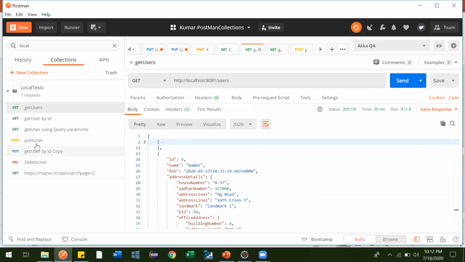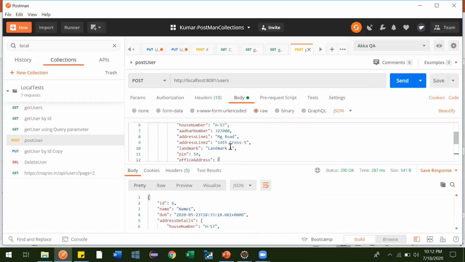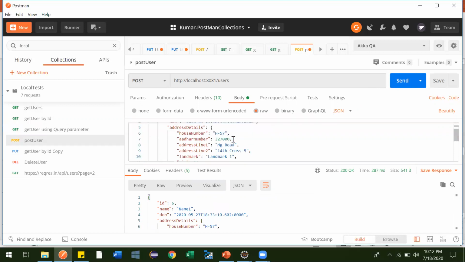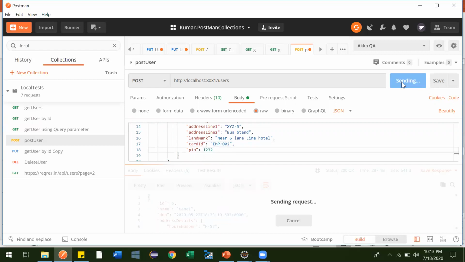Now let's insert the others. Two more we are going to insert. Let me do it quickly. We'll give name 2 here, landmark 2, employee 2, and pin 2.